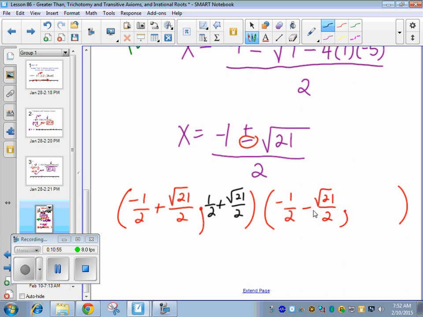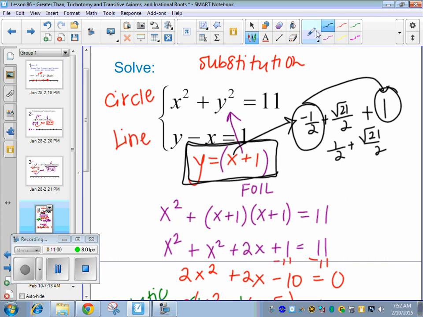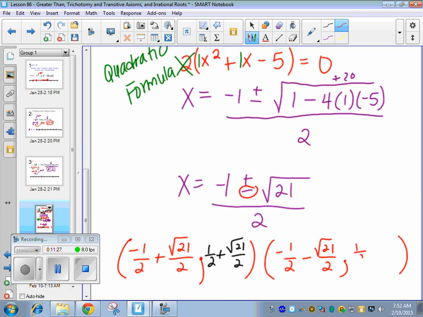Okay, then we have to plug in the other one, which was the same thing except for with a minus in the middle. So come back up here, and we're going to plug in the x part of the coordinate. Only this time we have a minus sign here. Okay, which parts actually add together? Negative 1/2 and 1. So what's 1 minus 1/2? Still 1/2. Same thing it was last time, but we have minus square root of 21 over 2. Okay, so 1/2 minus square root of 21 over 2. So the rational, irrational